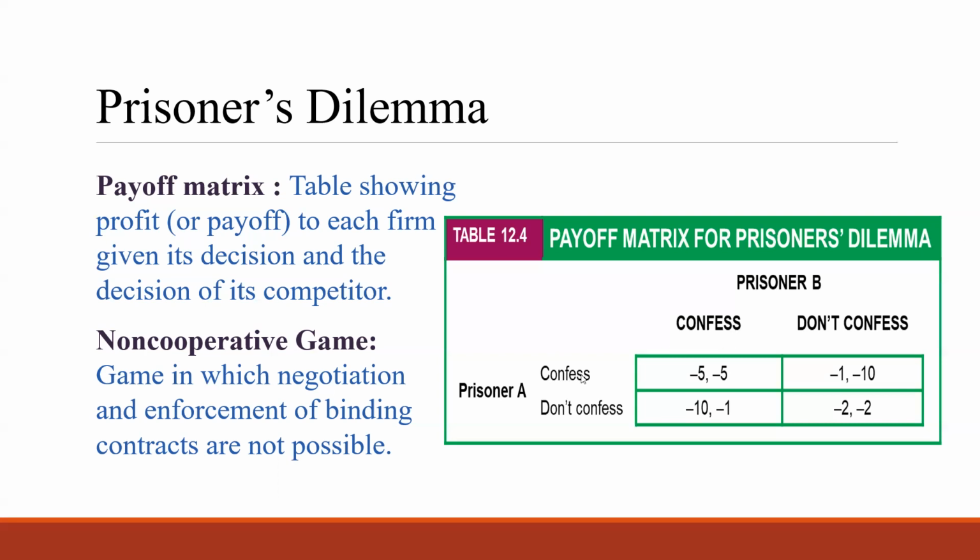So, if none of them confess, say we don't have enough evidence to punish them harshly, then each of the prisoner will only receive 2 years of jail